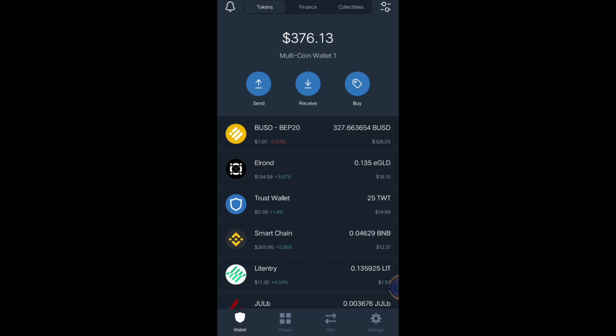And of course, you must have the fund that you're going to use in swapping or in buying an altcoin. As you can see, I have BUSD worth 327 US dollar. Some of this fund will be used for my transaction in JuleSwap. So let's start. If you have a Trust Wallet account, just go to your Trust Wallet account and click